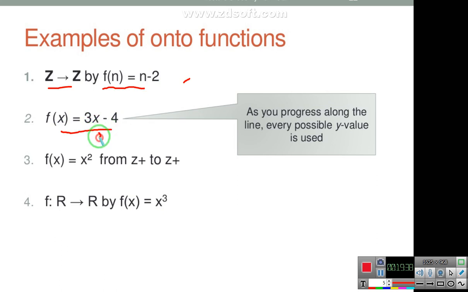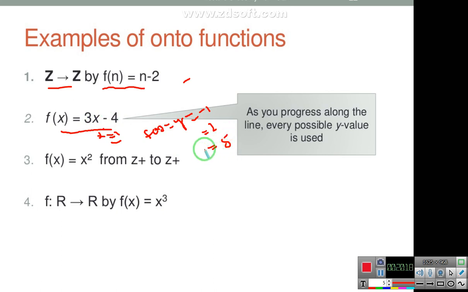How? If you put x is equal to 1, then 3 minus 4, and we can call f of x is equal to y, so your result will be 3 minus 4, which is -1. So for a 1 it will be -1. For 2, if you put 2, so 3 2s are 6, 6 minus 4 is 2. Again if you put 3, so 3 threes are 9, 9 minus 4 is 5,